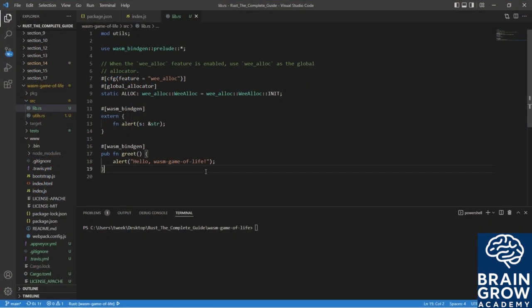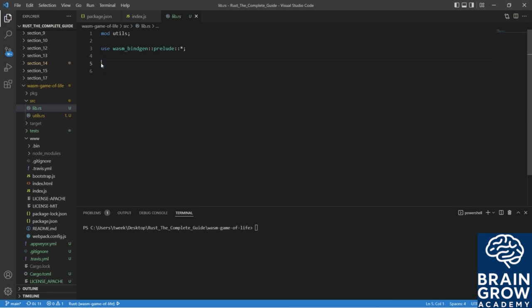Alright, so let's begin creating our game. I just want to start by cleaning up a little bit here. And now we can start off by creating our cell. We're going to want our cell to be exposed to the JavaScript. So let's go ahead and use wasm-bindgen to expose it. And we want it to be represented by an unsigned 8-bit integer, and